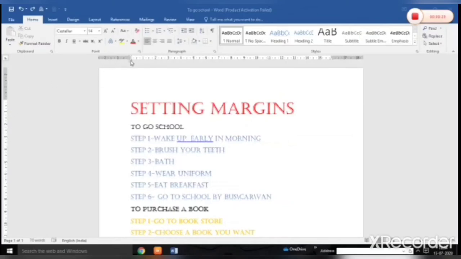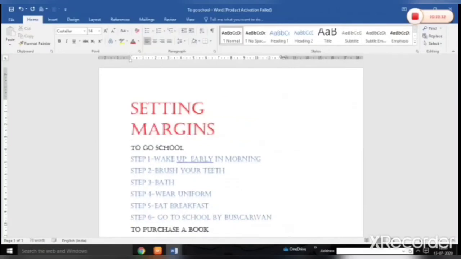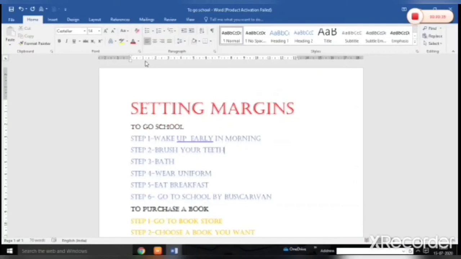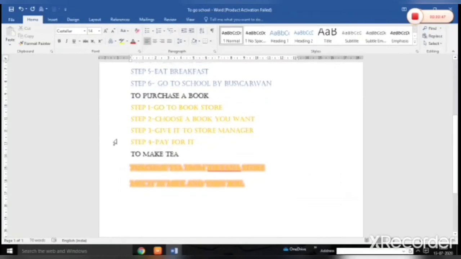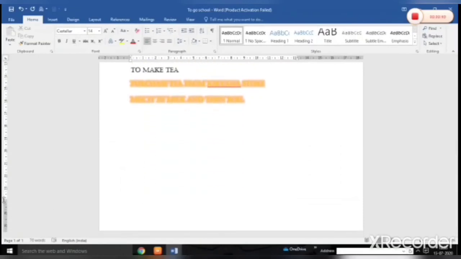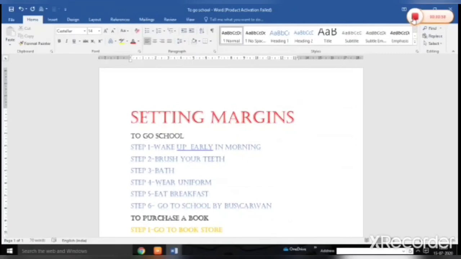For changing the margin, you can see there are some arrows. A double-headed arrow will come. You just move this arrow to the left or the right. If you move the arrow to the left or right, it is called the horizontal ruler. If you move it, it will change the settings. You can see here settings are changing. Then this is the vertical arrow. You can just move it top or bottom and the space will be increased or decreased. In this way, you can change the margin with the help of the double-headed arrow, and the space will increase or decrease accordingly. Like I am changing the space in this way.